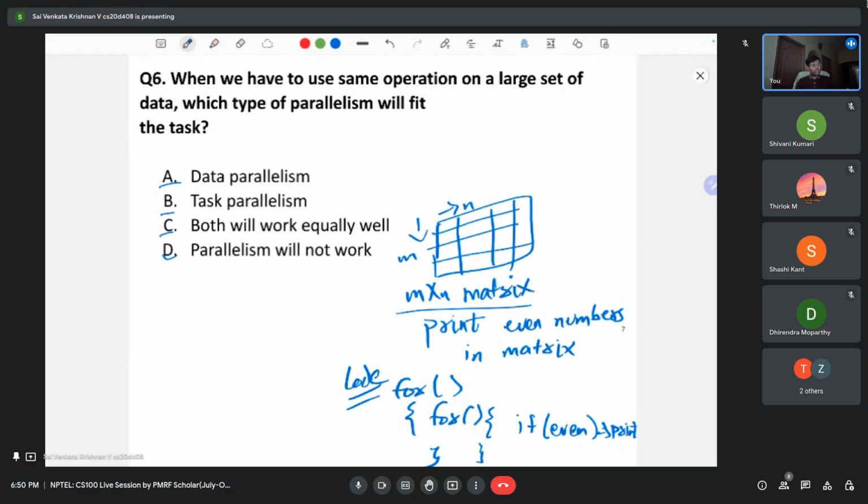And now say this M cross N is like 1 million. M is 10 power 6 and N equal to 10 power 6, assume. So now what you can do, if you have to use the same operation, the same code, it has to act on a large set of data. So instead of sequentially going through each element, you can split the matrix into multiple